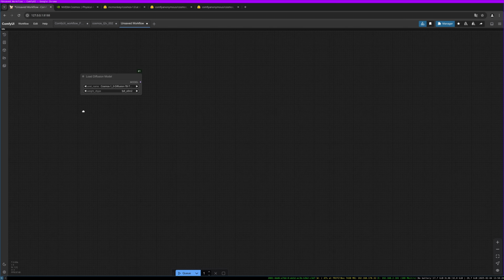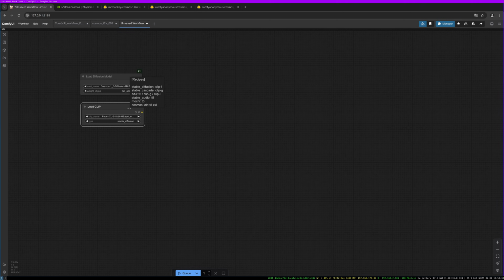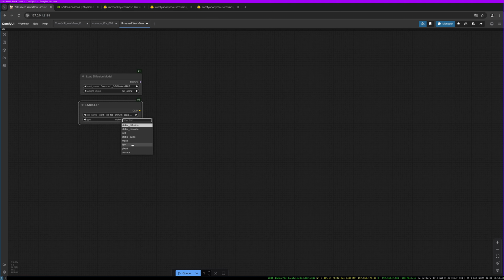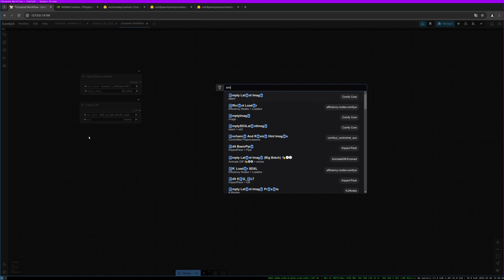Let's load the clip models. Simple load clip. We need to load the old T5 XXL FP8 and choose Cosmos,